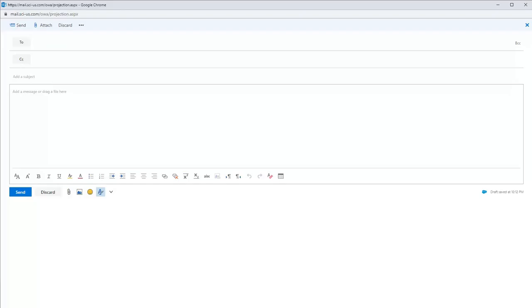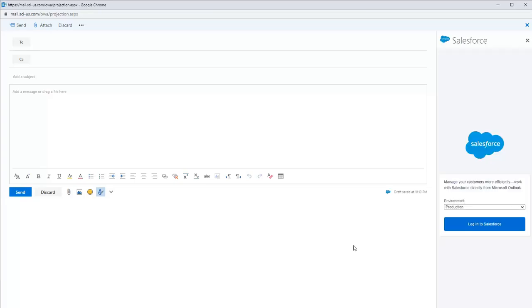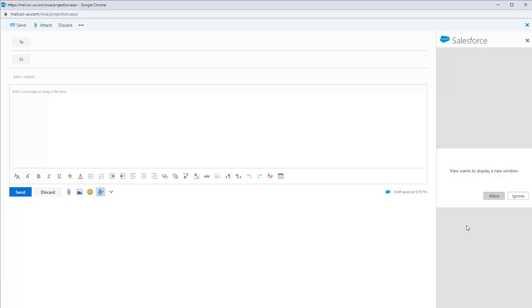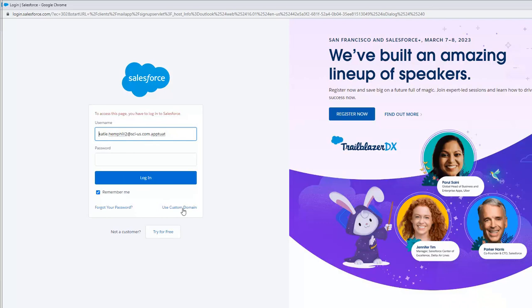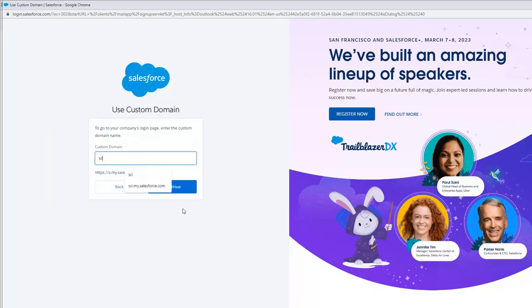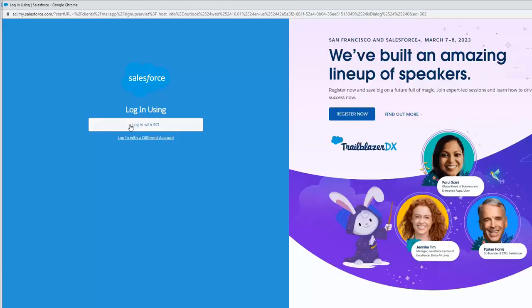In a web mail email draft, I can click the blue Salesforce Cloud icon. Now, if it is your first time clicking this icon, you will be prompted to log in. To do so, click the Login to Salesforce button. Click Allow. Use custom domain and type in SCI and continue. Click the SCI button